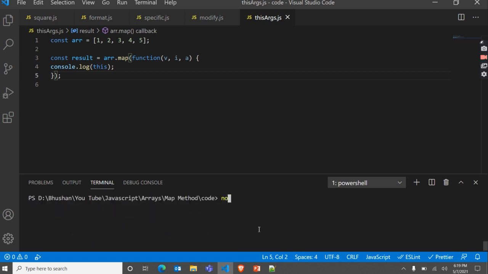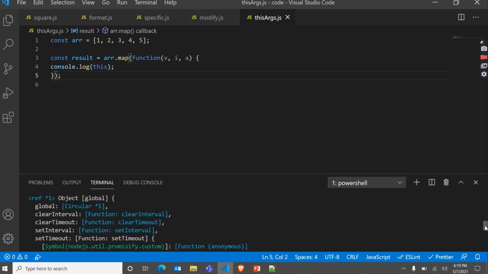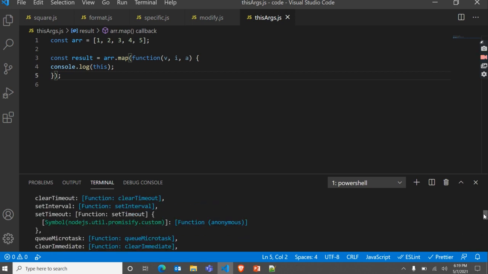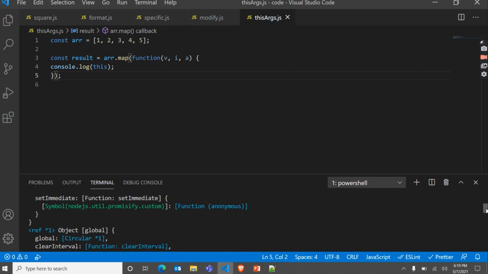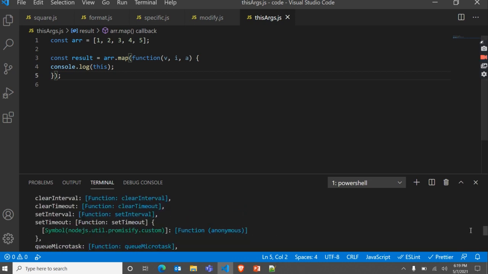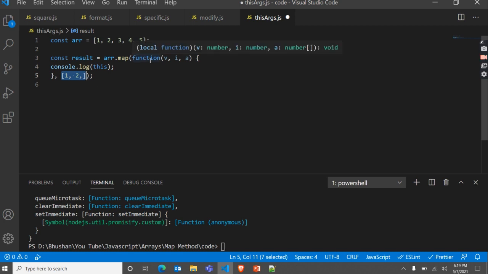I think we get some weird output. I think we get the global object here. But as I told you, the this value is this arg, the this of this callback function.